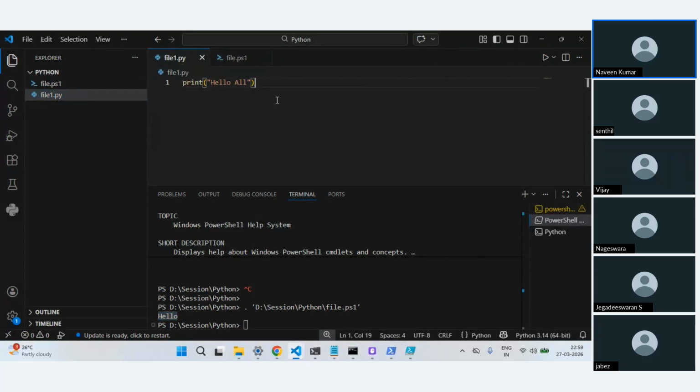Now moving on. If you are learning any programming language, definitely you will have to learn variables, and then you have to learn about data types and operators. These are the basics.